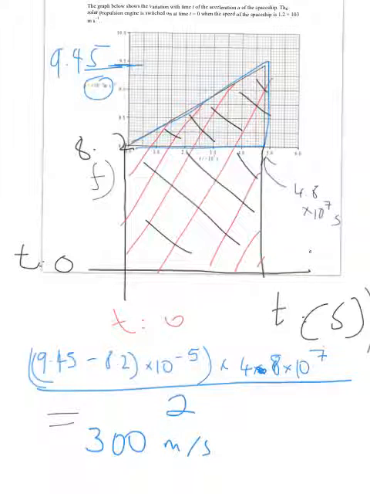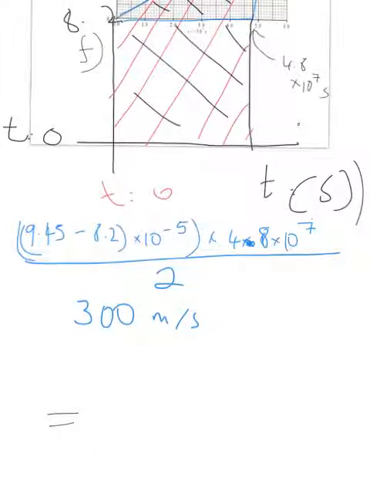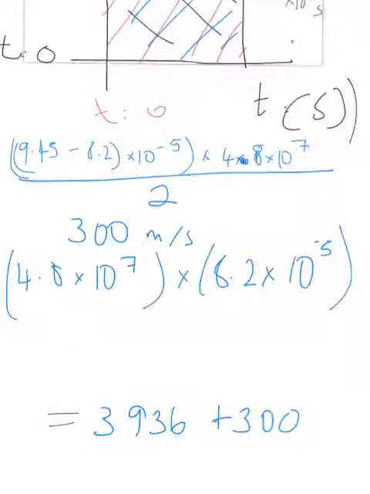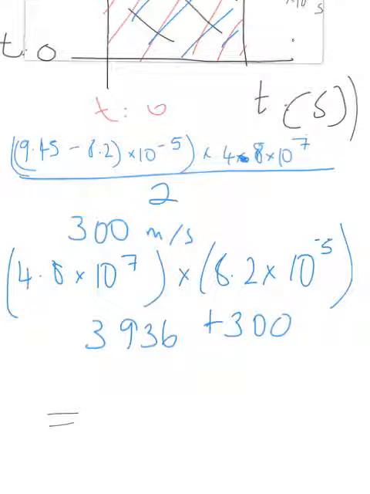So now we need to work out the area of this rectangle here. So let's calculate that. We have this time 4.8 times 10 to the 7, which is that side, times the height, which is 8.2 times 10 to the minus 5. And that gives us, there you go, 3,936. And if we add those two, plus 300, we end up with